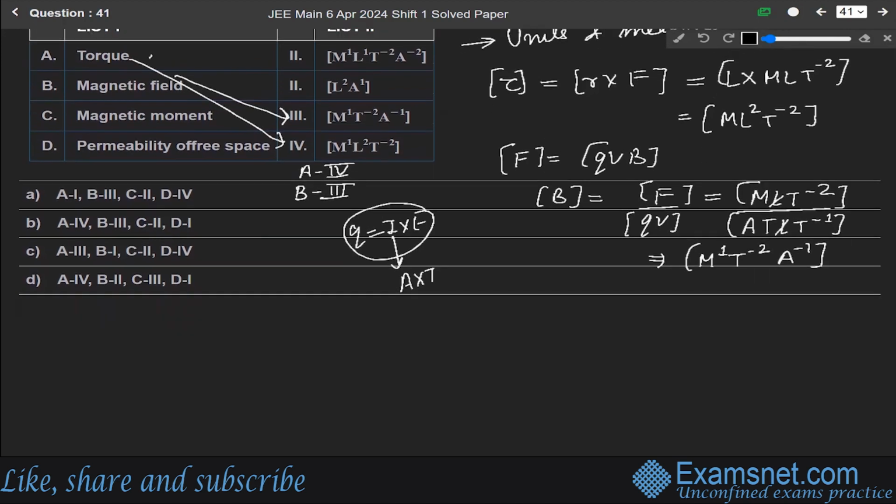Okay, so we know the formula of magnetic field B is equal to mu naught over 4 pi I dl sine theta over r square. This formula we all know. Okay. So in this, sine theta is a constant term, 4 pi is a constant term.